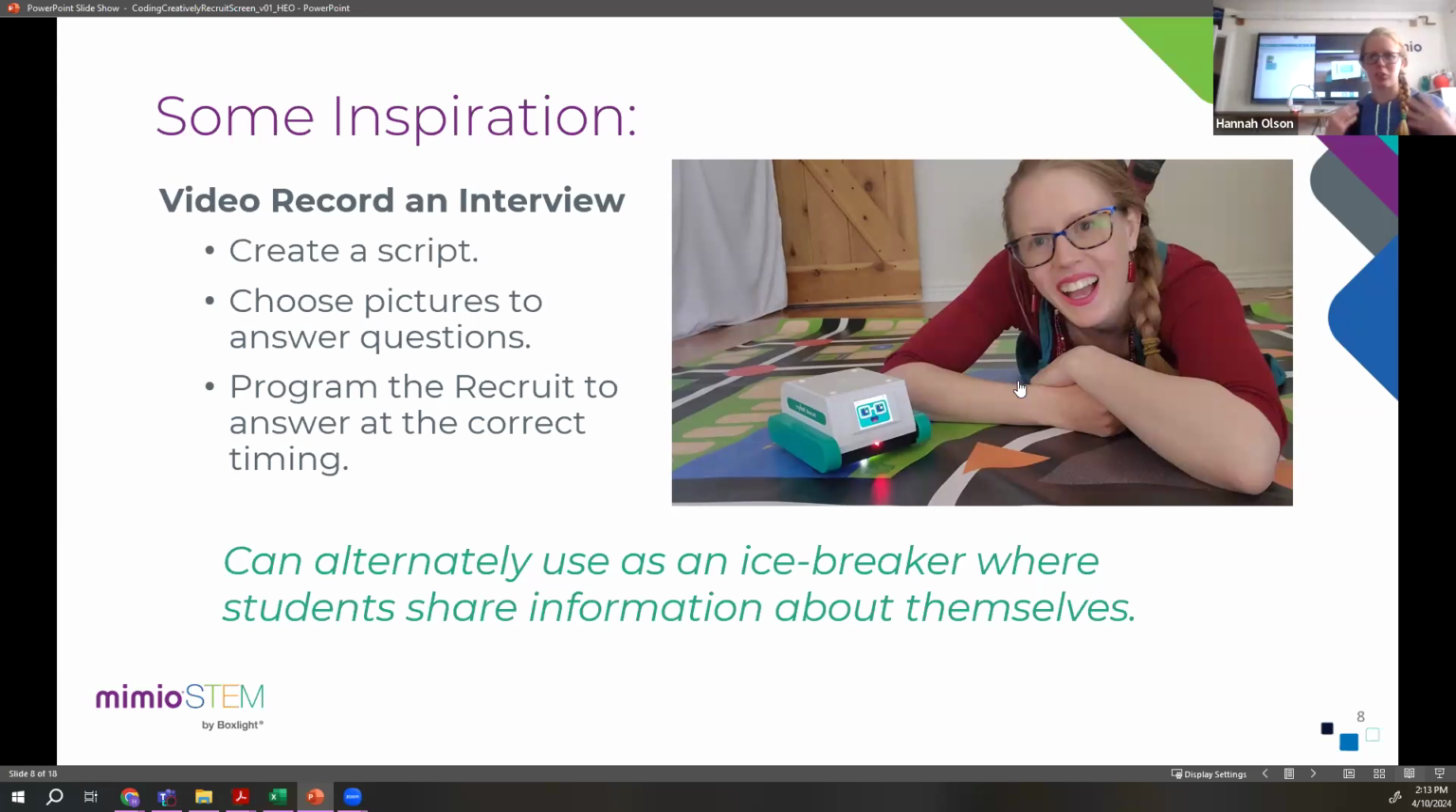So I sort of created a script in my mind. I chose specific pictures for the recruit to show on his screen to answer my questions, as well as different facial expressions from his little face there. And then it took a couple tries, but I recorded the video where the recruit was answering my questions at the correct timing. And this is such a fun idea of how you could actually do this with your students,